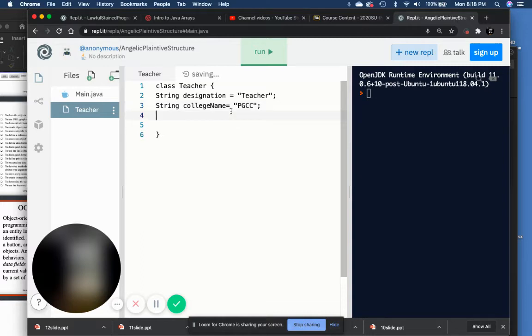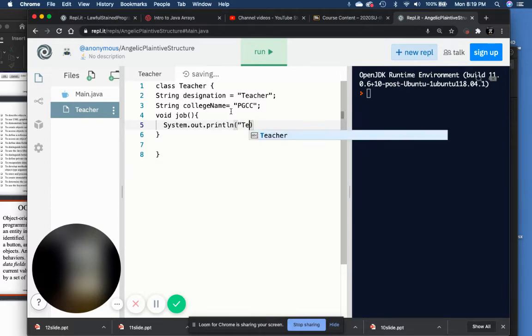And then we would write the method now. So we have the method in this case. Job. This is the method. Basically, what does this teacher do? Right? So we'll say teacher. Okay, so that would be our parent class, and then